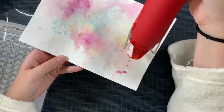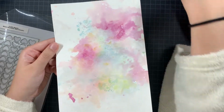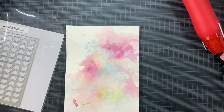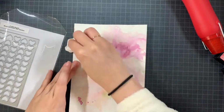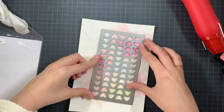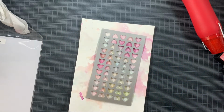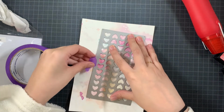Okay, so here I decided to stop the smooshing and keep it like this, and personally frame this, hang it on the wall. I think it's lovely, but that was not the purpose of today. So we are going to die cut it. As I said, the Whole-Heartedly Mini Slimline, I'm using it today. I'm trying to sort of get all the colors, as you can see here,